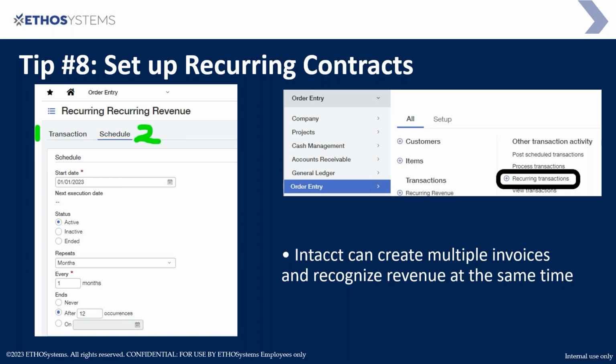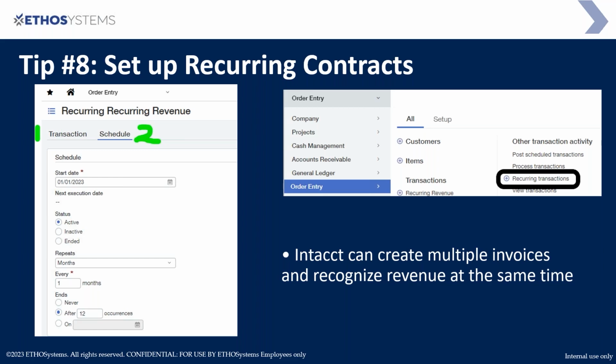The second thing is we can also set up the recurring invoices. So for example, in a case where I want a monthly invoice of the $100, in our case where we have a $1,200 contract, if you will, but we need to send out an invoice every single month, so we can set up a recurring so that somebody doesn't have to go into the system and type in a new